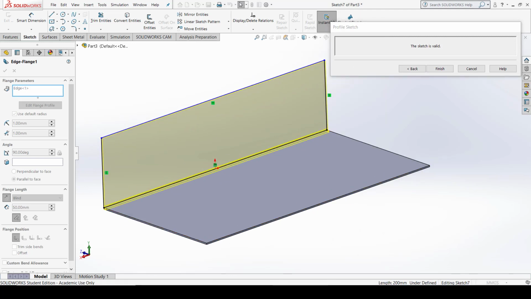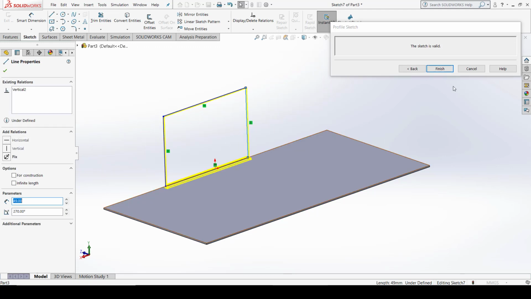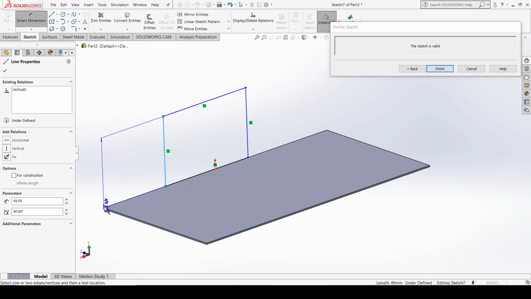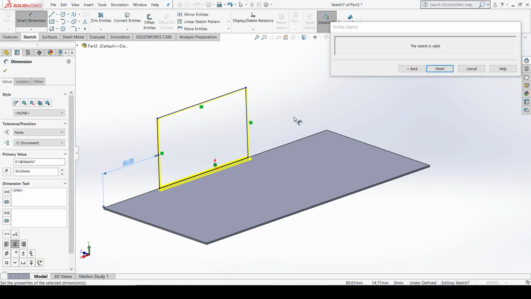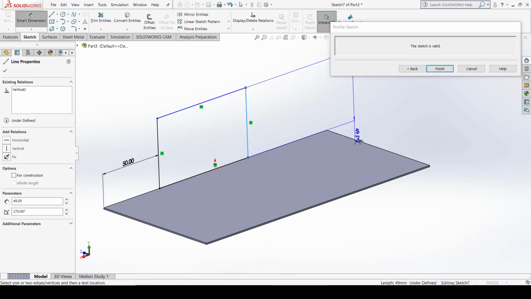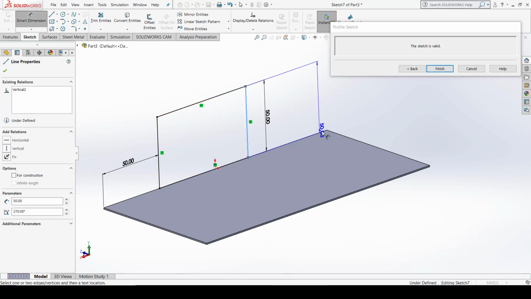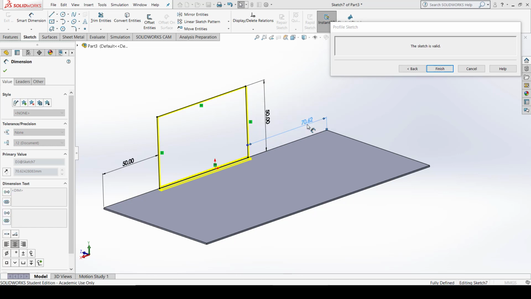So how to edit it, just select the edge and drag as per your requirements the distances. So go to smart dimension, select the edge, select the corner, define the distance, let us say it should be 50, and again you can define this edge and this corner, let us say the height should be 50 also, and this edge and this corner, again let us say 50.